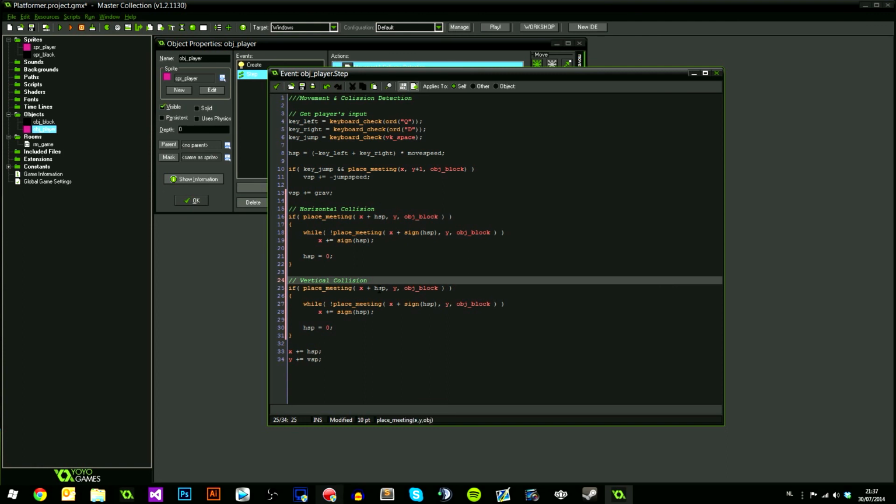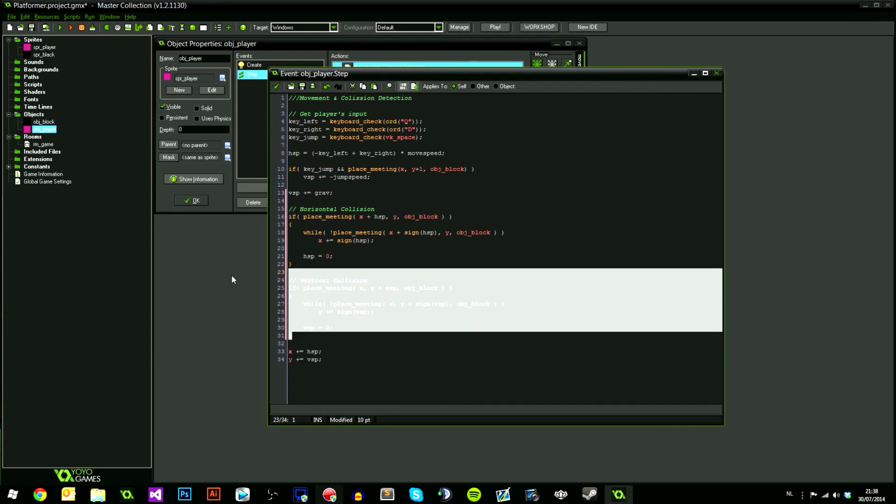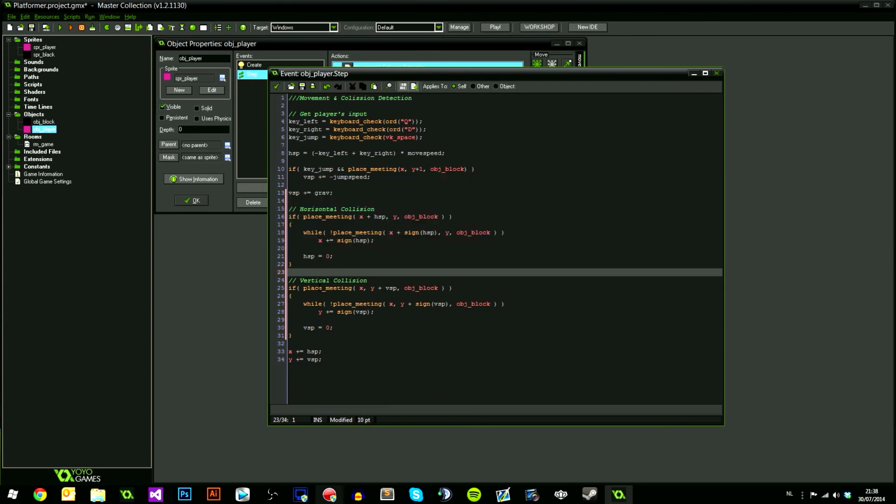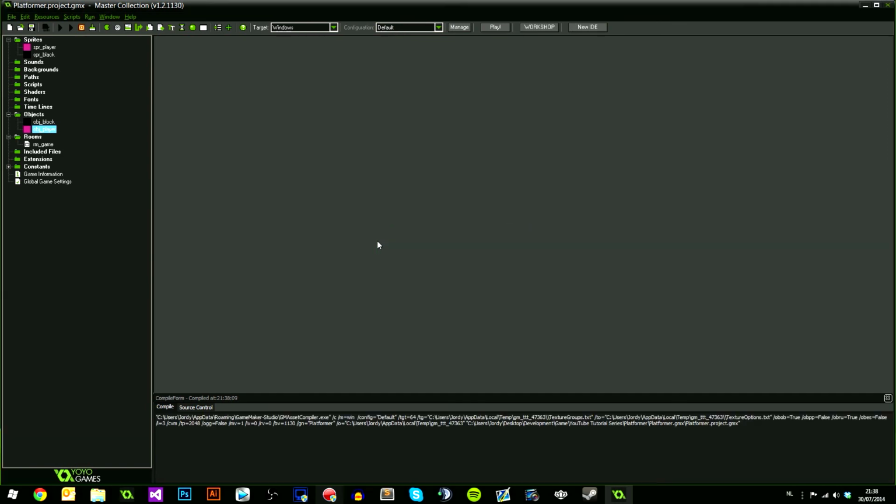Then vertical collision, you can just copy this, because it's going to be pretty much the same, just for the y coordinate. Plus VSP, and then remove this, and plus sign VSP, and then make this the y coordinate, sign VSP, and then make this VSP. So this is just going to do the same as this one, except for the y coordinate and the vertical speed. So if we actually test our game now,